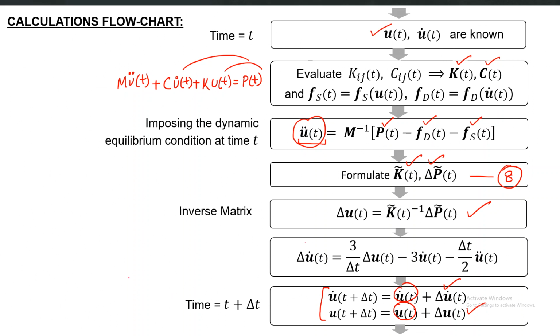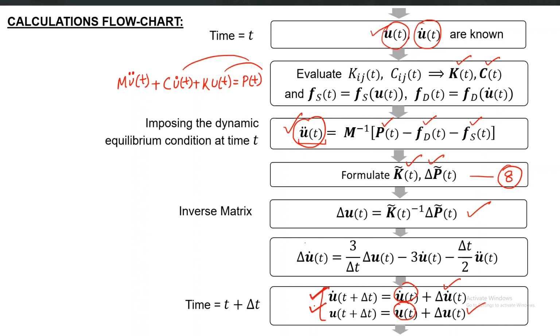Now the process will again be started from time t, and we will just replace the starting values of the displacement and velocity with these new values. Then the increment is calculated and added to the previous values to get the updated value. These updated values at t plus delta t will serve as the starting values for the next loop of calculations. This way we can calculate the acceleration each time the loop is run, and also the updated velocity and displacement values each time the loop is run.